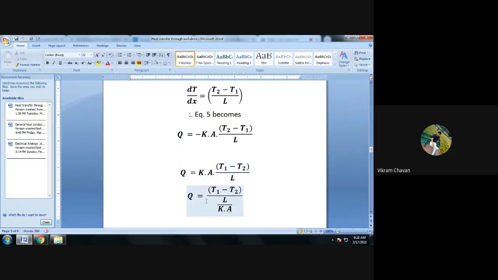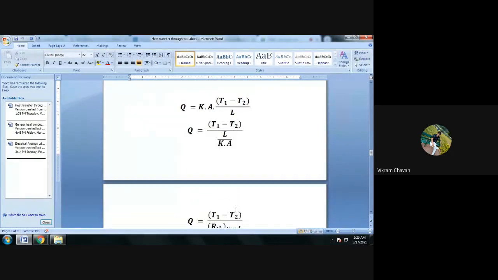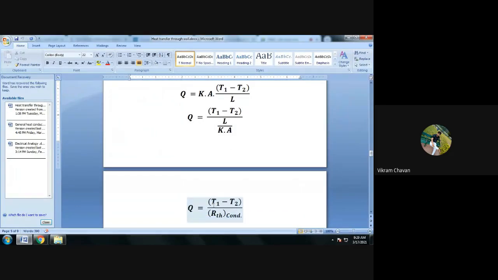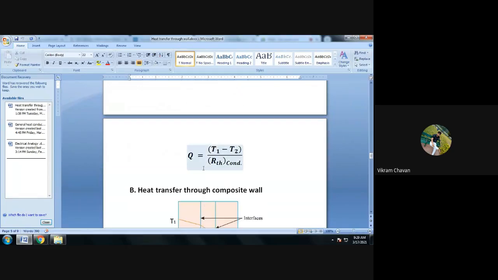So we will get the equation as Q is equal to (T1 minus T2) whole divided by L divided by K multiplied by A. Further, we know that L divided by K multiplied by A is the resistance offered by the wall for the heat transfer by conduction. So therefore Q is equal to